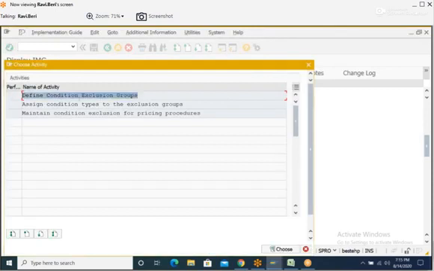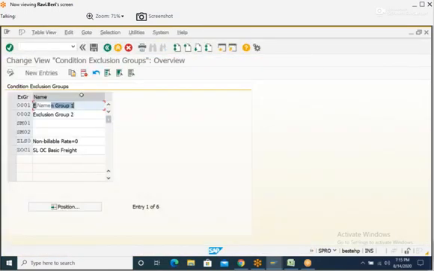Double click on define exclusion groups. So we define the exclusion group. Go to new entries and define exclusion group.